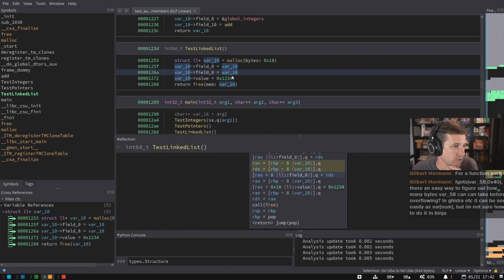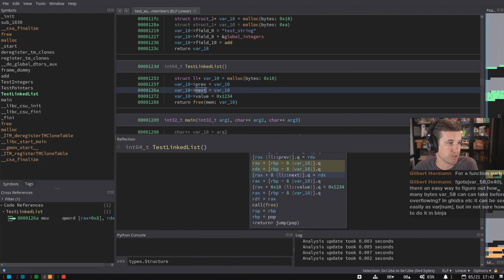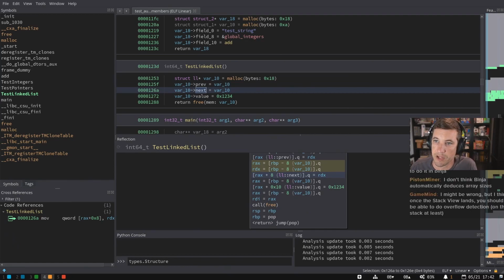But yeah, that's not really doing any real linked list operations. So technically at this point, it could be either one. So we'll call it prev and next. That works really well, actually. That up-down. Because the up-down is token-based now when you're navigating, if you were on it and you just hit down, it keeps the cursor, so you can just hit up, down, enter right from a high level IL. That's nice.